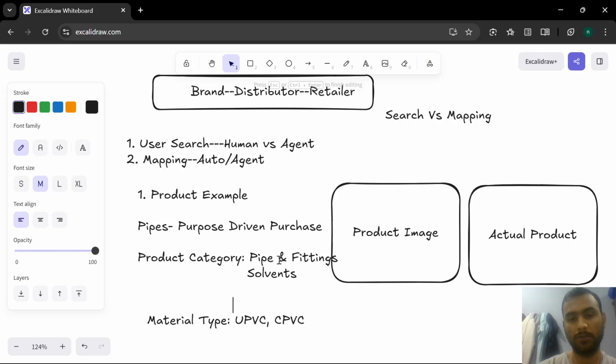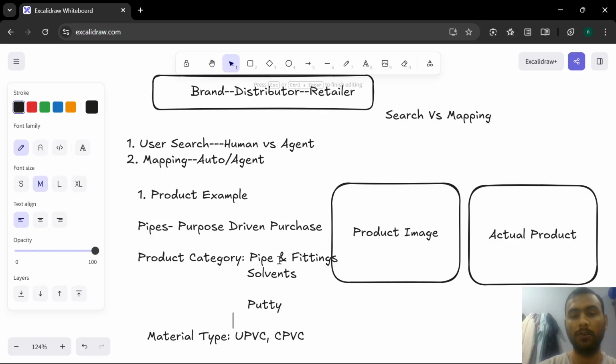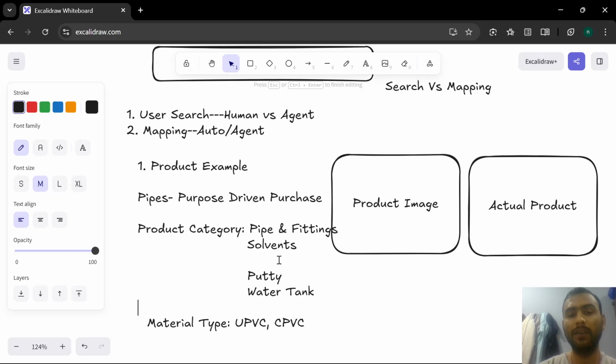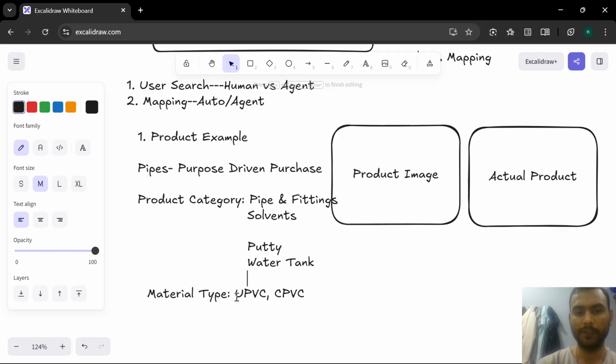category. The putty would be another category. The water tank that we have is another product category. These are all hardware-related categories we are talking about. Again, if you change the industry, let's say if you move to the fashion industry or e-commerce, there the product title or name category could be different, but the catalog is the same. The only gap I see is, let's say, the difference between the